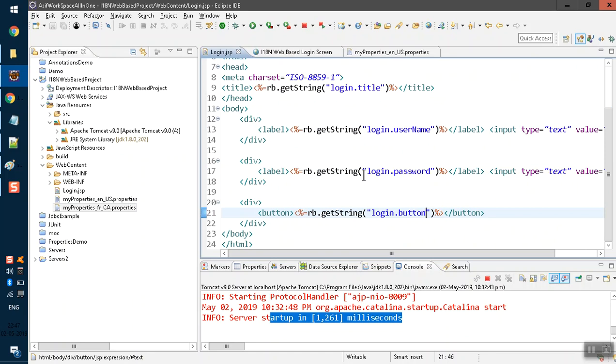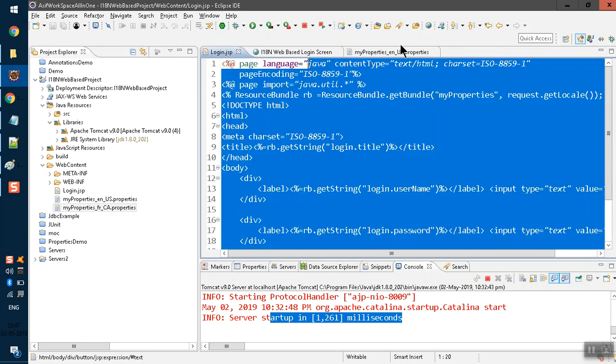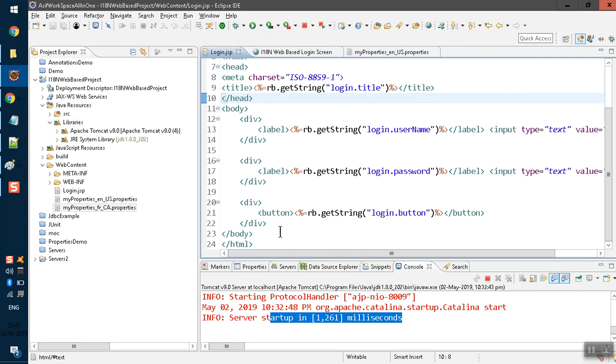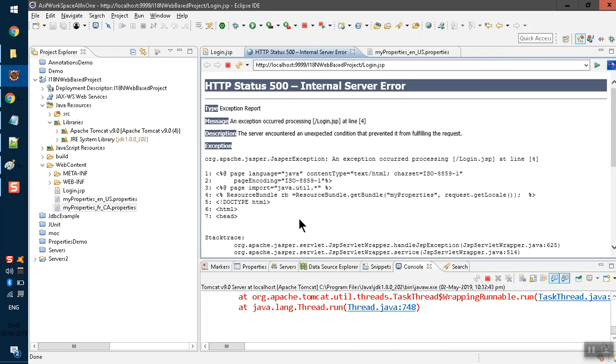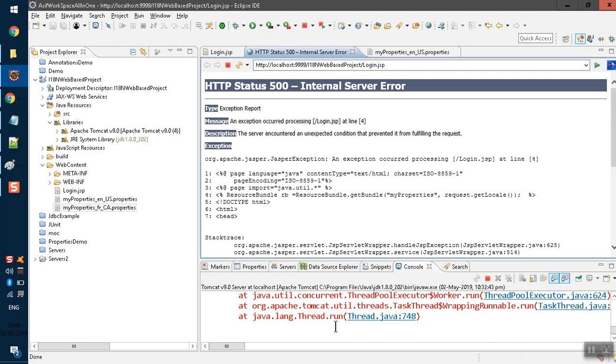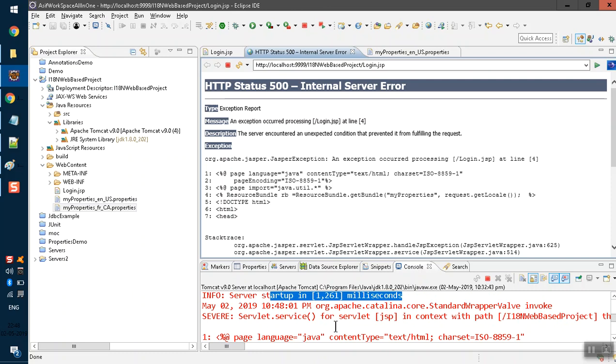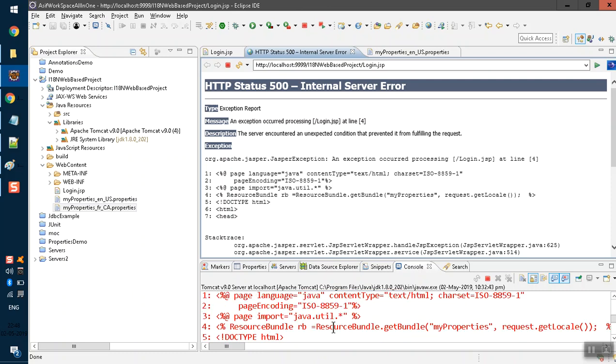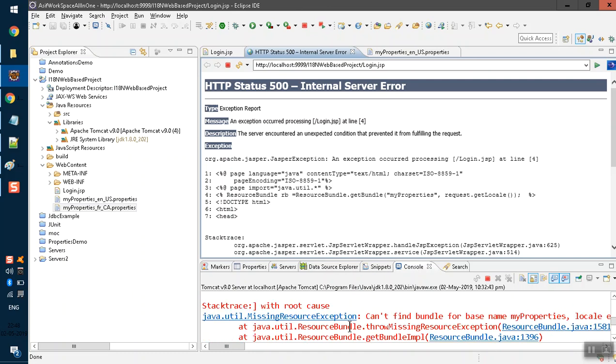What is the exception? The exception is saying that the resource bundle of something you have written is missing, a missing resource exception. Okay, so resource exception is nothing but it's not able to find the resource, can't find the bundle base name